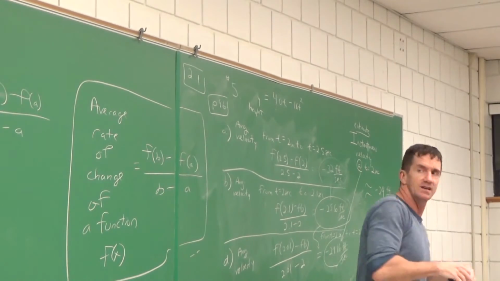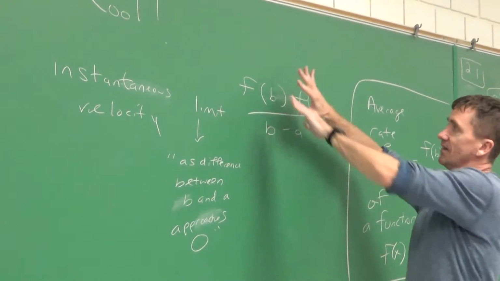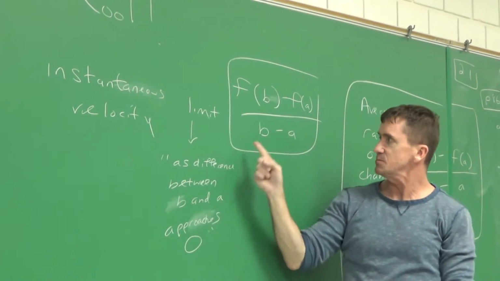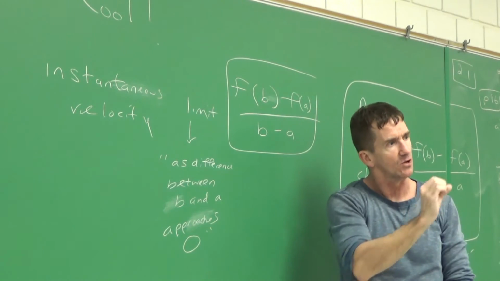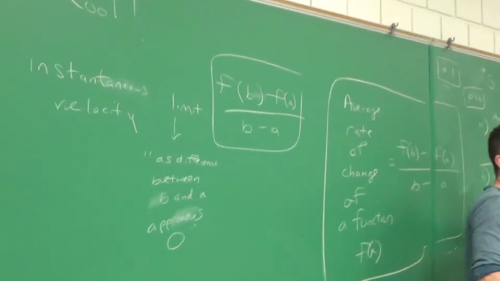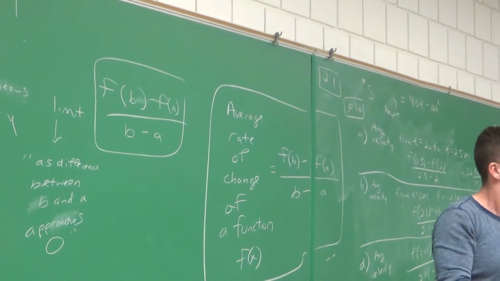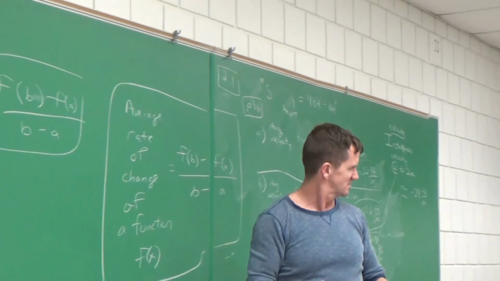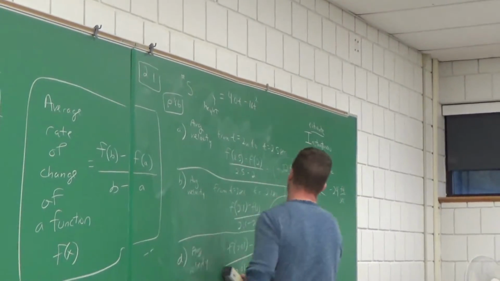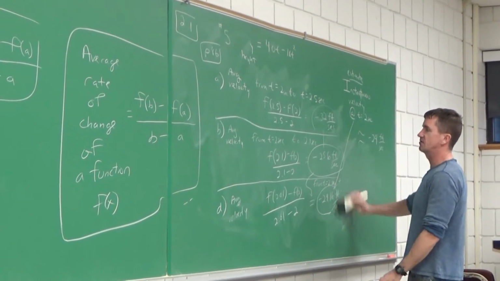The average velocity is the limit as of this answer, but as which one? As the difference between the B and A got really, really close to a what? 0. We can't say exactly 0 because you can't divide by 0, right? So it's like as it approaches 0, as it gets as close as possible to 0. Cool? Awesome. Now do you want to see that graphically? I can show you that graphically.